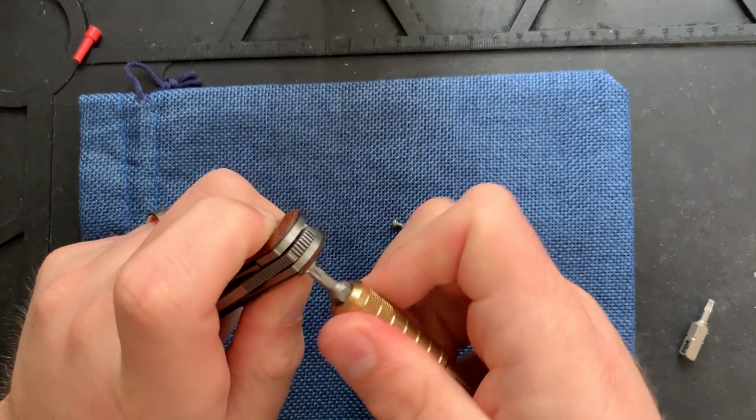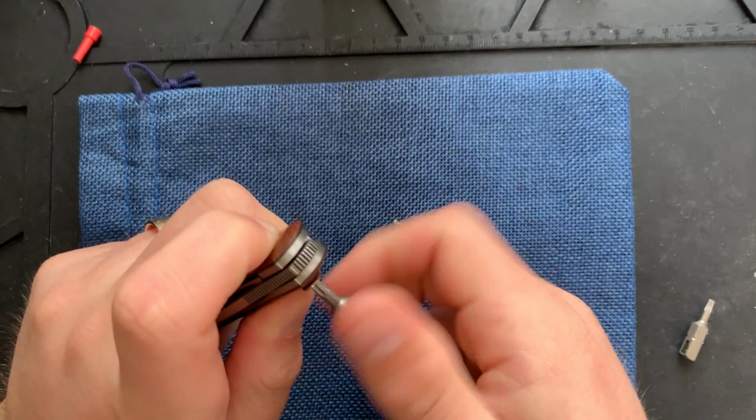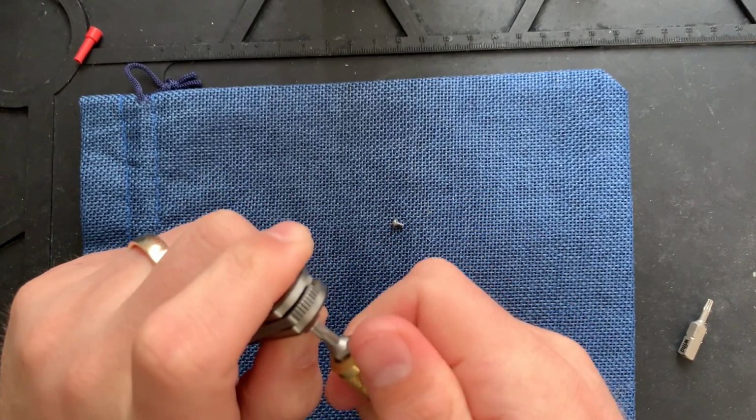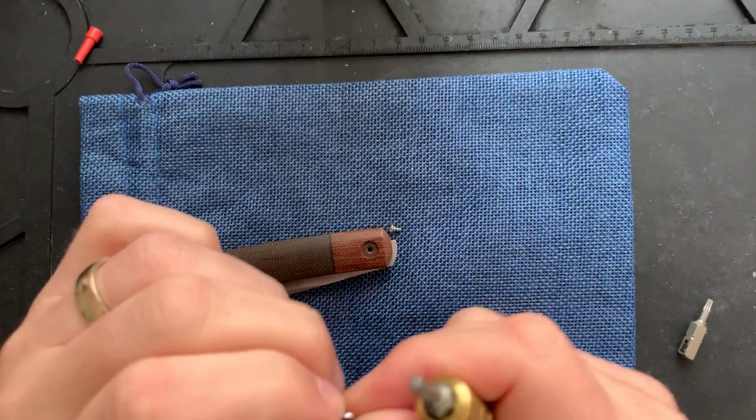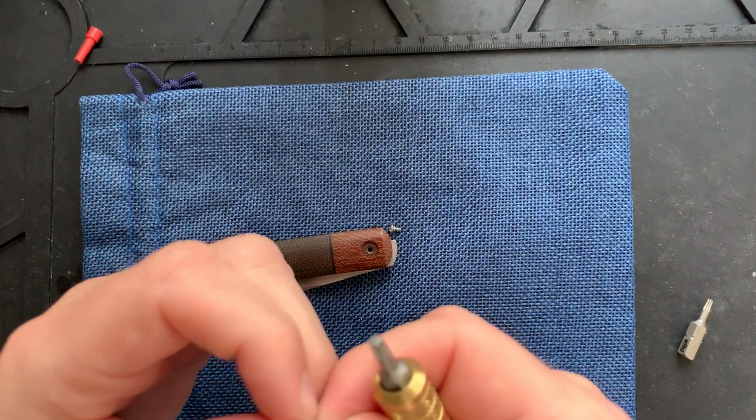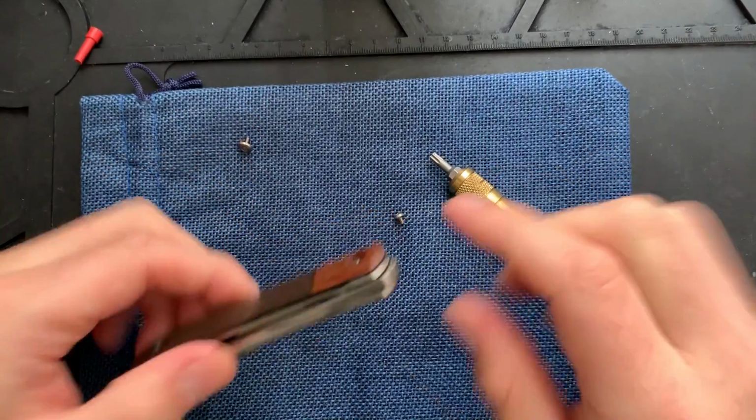Luckily, it's not too bad, and I'm able to just use some pressure on the other side there, but that's a little frustrating. Oh, there we go. Looks like a little bit of thread locker in there. Maybe the purple stuff, I don't know. Either way,